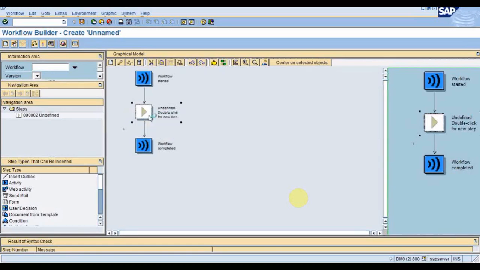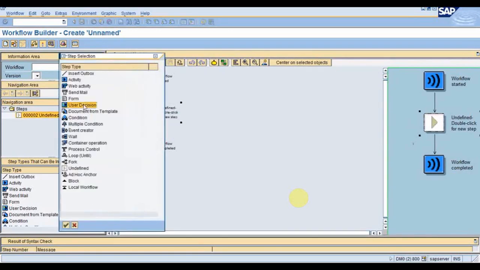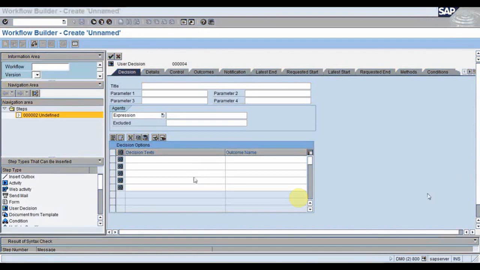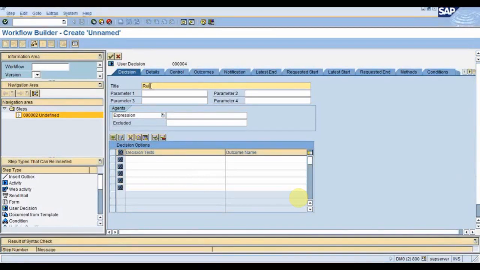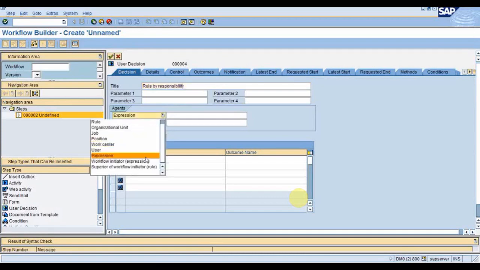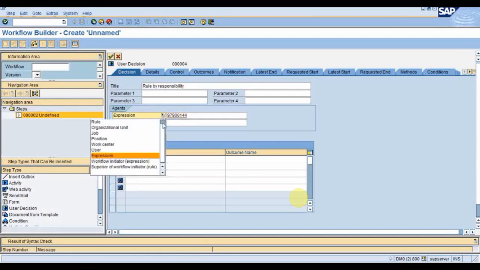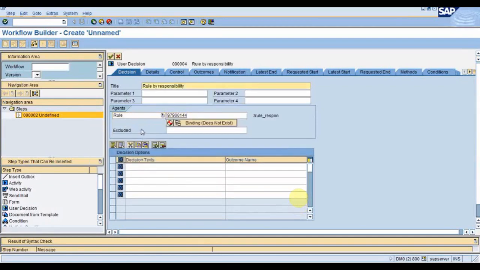Here create one user decision step. I'm just showing you how you can assign the users who will be receiving this work item. And here in expression you have to give that rule number, and you will have to select this rule.